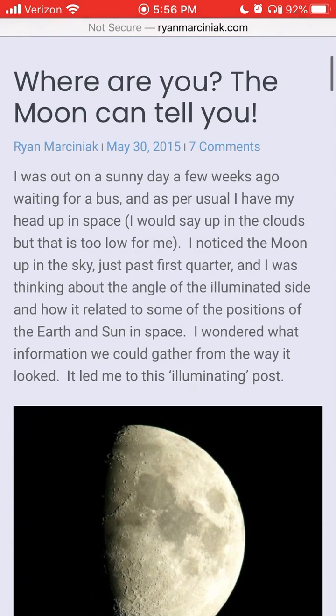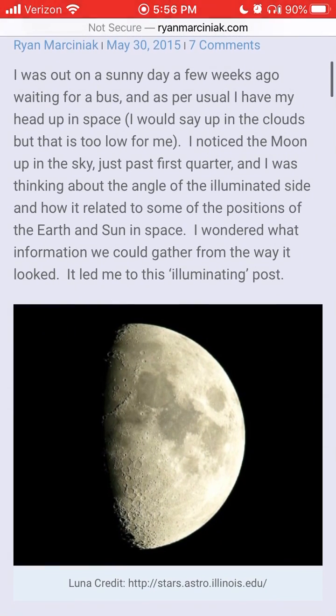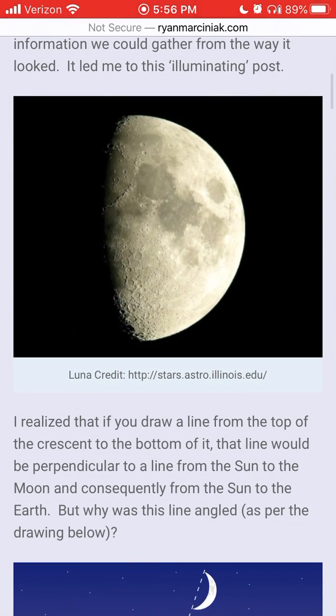Now let's see, he was out on a Sunday day. I noticed the moon up in the sky just past first quarter, and I was thinking about the angle of the illuminated side and how it related to some of the positions of the Earth and sun in space. I wondered what information we could gather from the way it looked. This led me to this illuminating post. And here's the link,